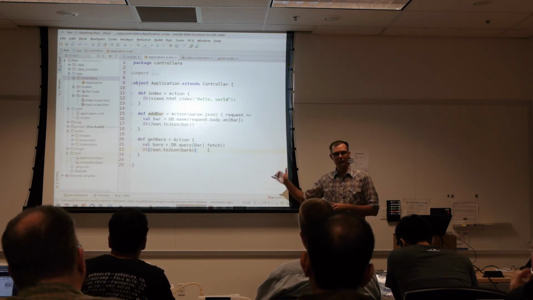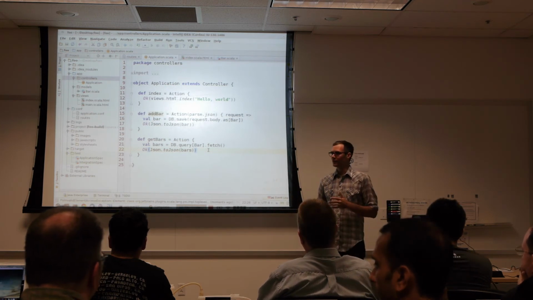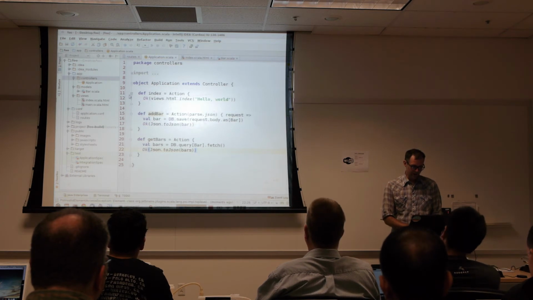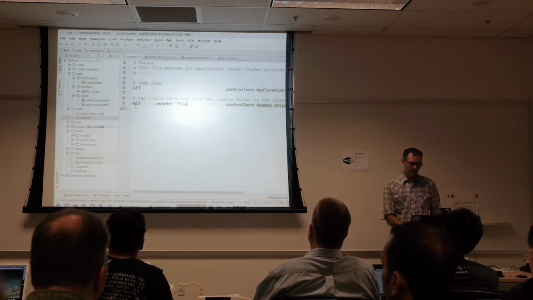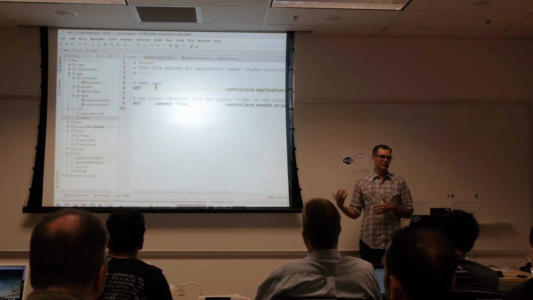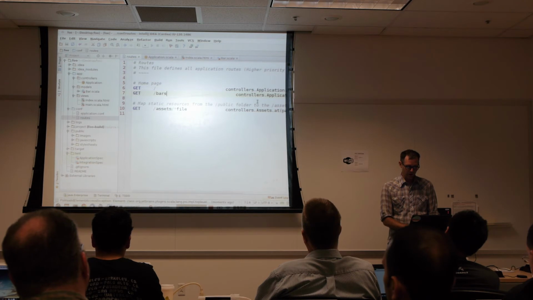So that's all I need for my controller to be able to do add and get all. Obviously very simple, not the full REST scheme with delete and update and those sorts of things, but it's not too hard to add the rest of those. So the next thing I need to do is add routes in to define the mapping, the URL mapping to these. So first let's do a get handler for /bars,